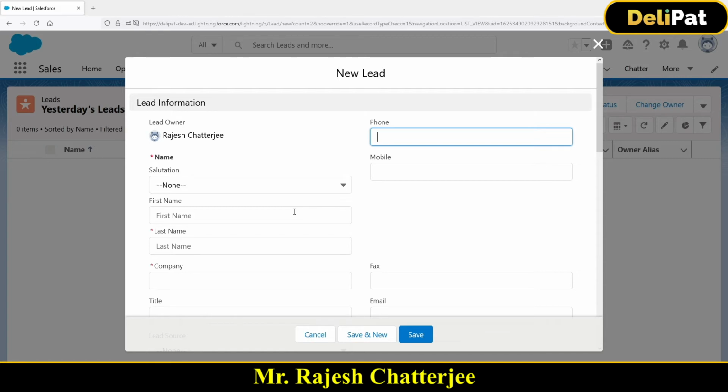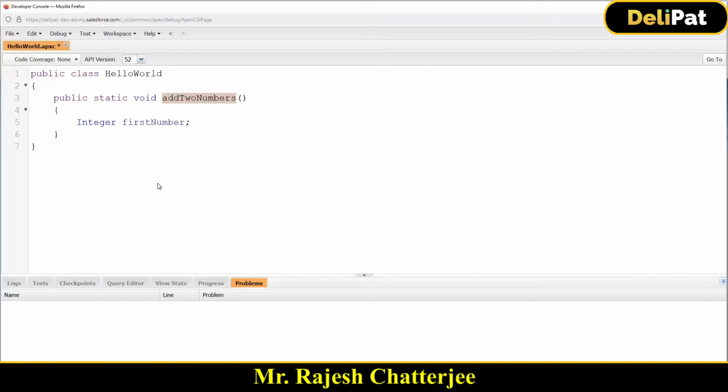Let me give you one more example. Let's say in my Apex class, I have two things. Suppose the product object has price and tax. Now I have to fetch the price of that product and the tax of the product, and calculate the total price of the product, which is price plus tax. If you want to do this inside Apex programming, you need variables to hold the data, right? So a variable is the data structure which holds the data during the execution of a method.